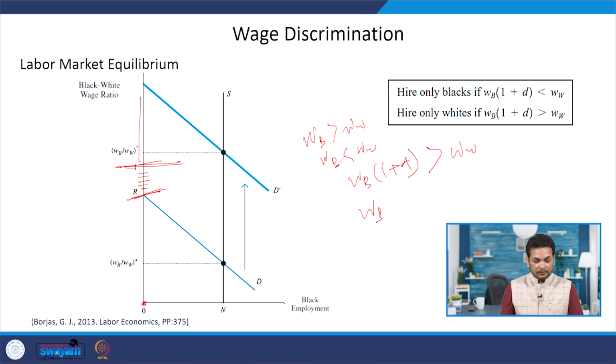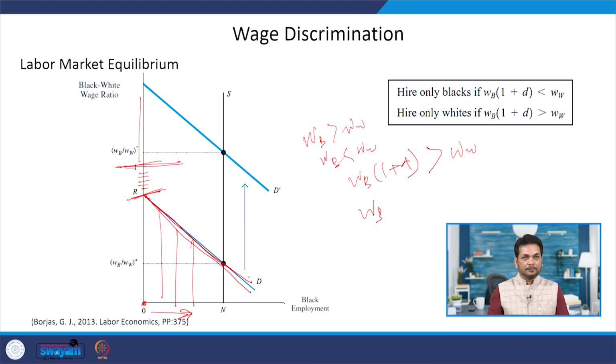Now, the farm is becoming a black farm. The farm is going to hire more black workers. So, as the wage rate keeps on declining, the farm is going to hire more and more black workers. Therefore, you will find the demand for the black workers is downward sloping after a certain threshold point.